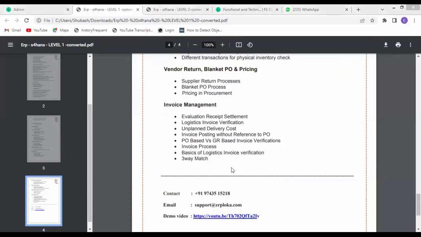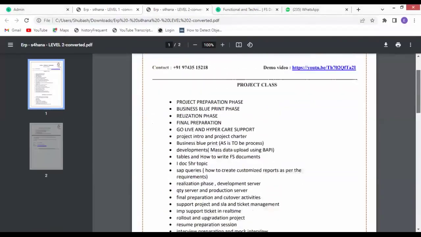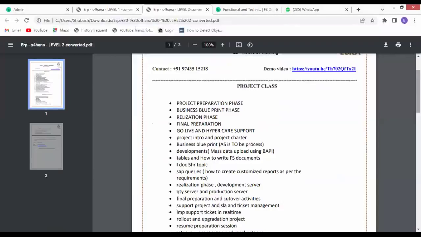This level 1 is completely regarding the configuration or the design. Apart from design, we don't speak anything regarding the management. Now, if I go to level 2, in level 2, we will discuss the phases. How are we going to get the project? How are we going to get the project in each and every phase? What are we going to do till the go live?